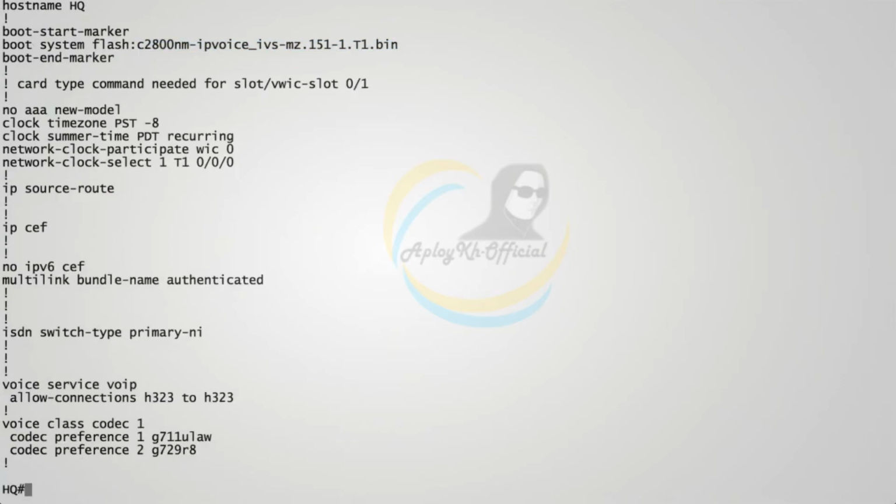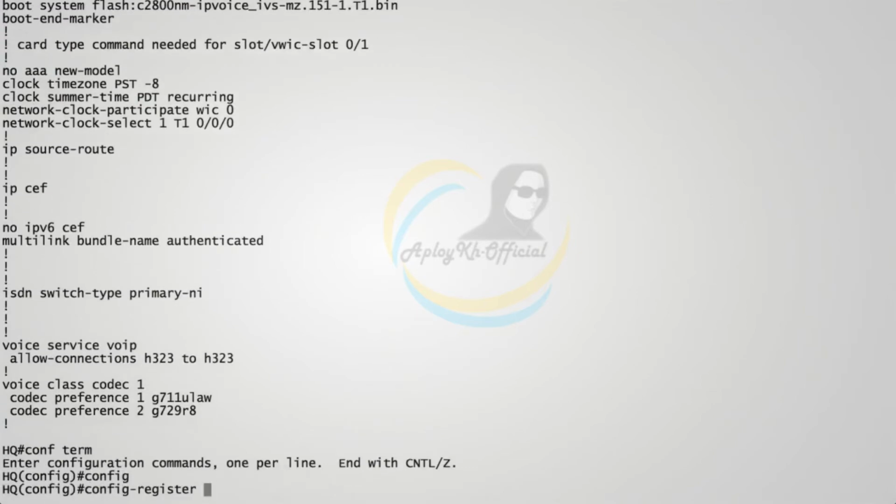What we're going to do is set the configuration register such that that rightmost hexadecimal digit is a 0, which tells us to boot into ROM monitor mode. Right now, our configuration register is 2102. Let's set it to 2100. A 0 is going to be in that rightmost hexadecimal digit position. Let's go into global configuration, and we'll say config register, and we'll give in hex 0x to say the number to follow is a hexadecimal number, 0x210, not 2, but 0 in this case,